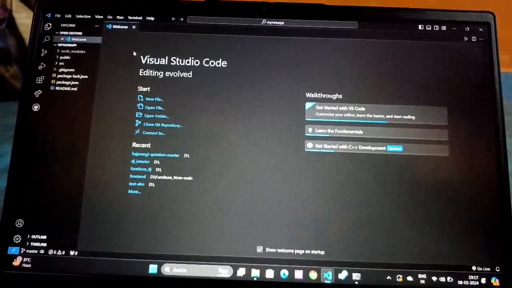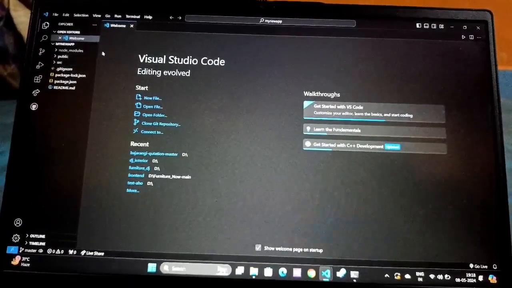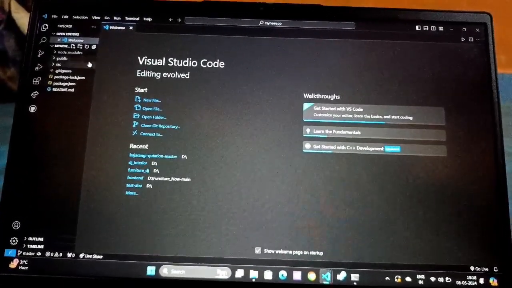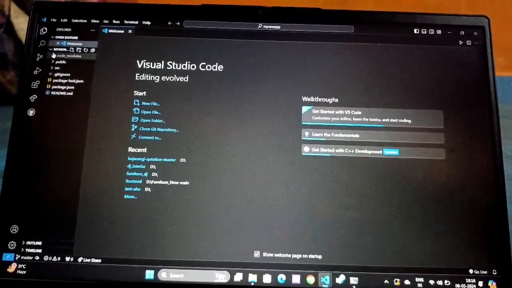Here you can see node modules and public, and many things are there.